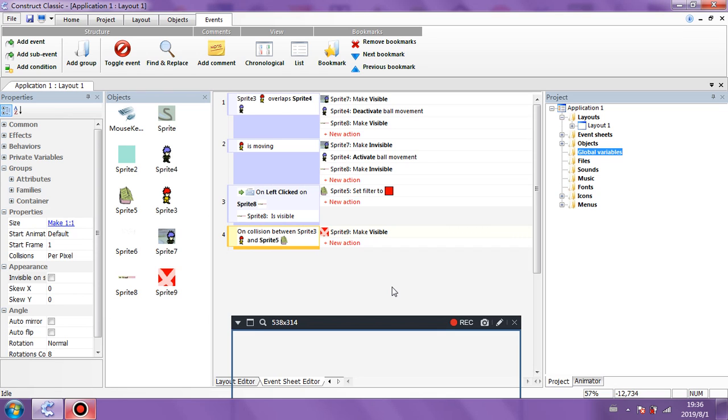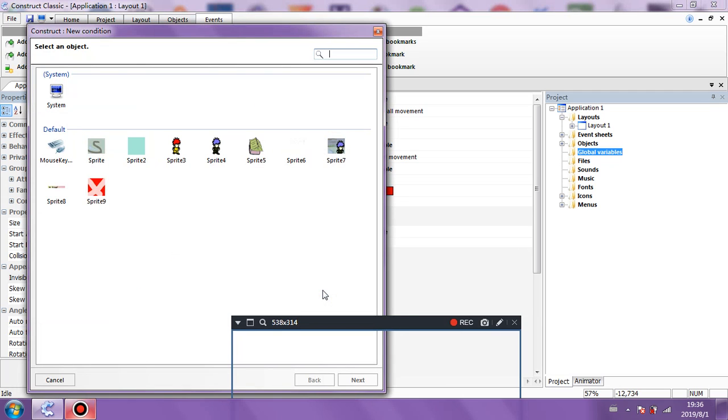Okay, let me just see. Okay, is that one set to invisible on startup? No. Weird stuff. I guess that's because it's to be made visible. It had to be invisible in the first place. It does make sense, but I don't know why it wouldn't make it visible and then you make it visible. On collision between the house, make it visible. Now another one.